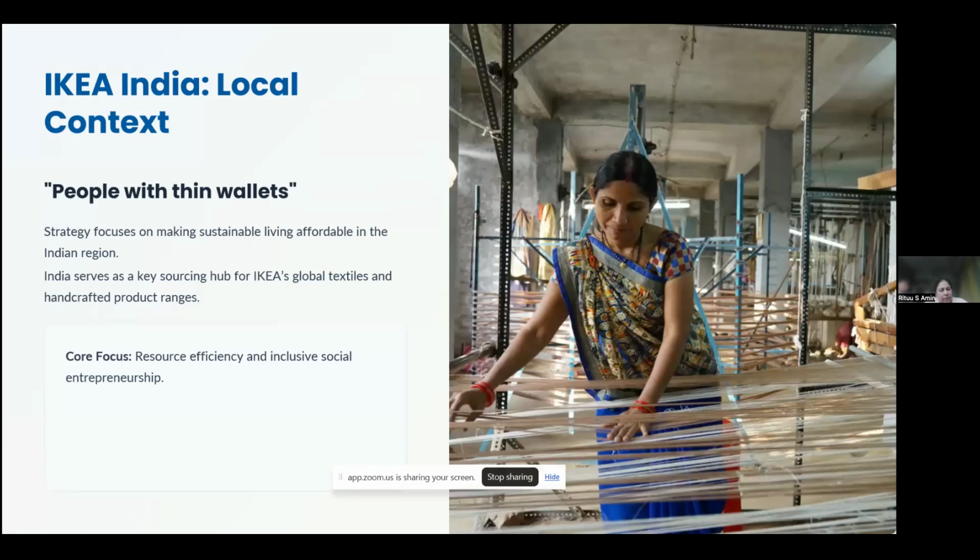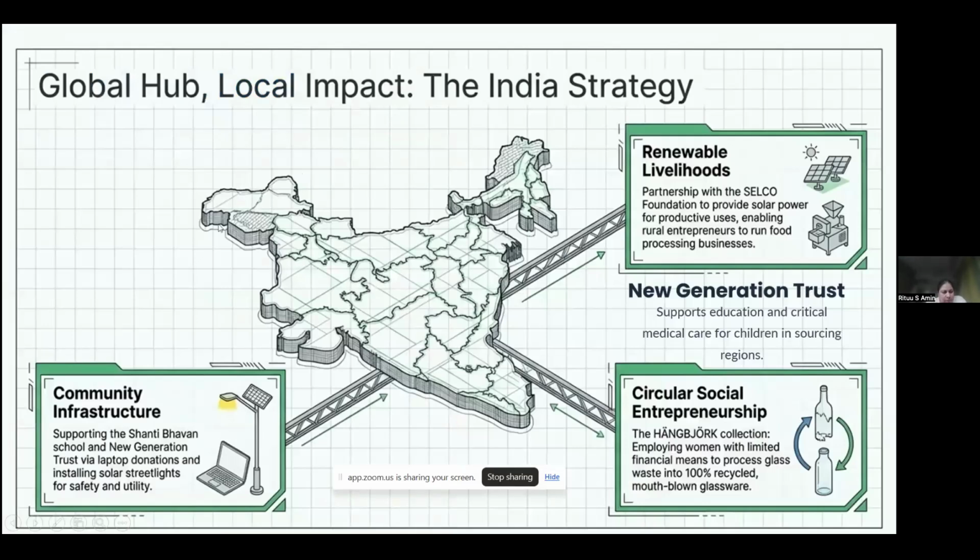And in India, in particular, they have taken a lot of initiatives. Their strategy focuses on making sustainable living affordable in the Indian region. There is this slide which gives a better picture. They are supporting schools, Shanti Bhavan School, and a new generation trust, where laptops are donated, and installing solar lights, street lights for safety and utility. They've taken up a partnership with Selco Foundation to provide solar